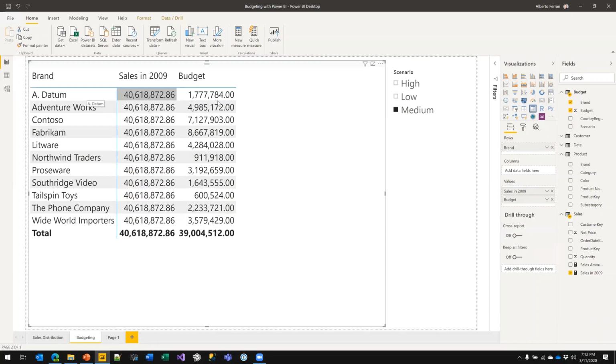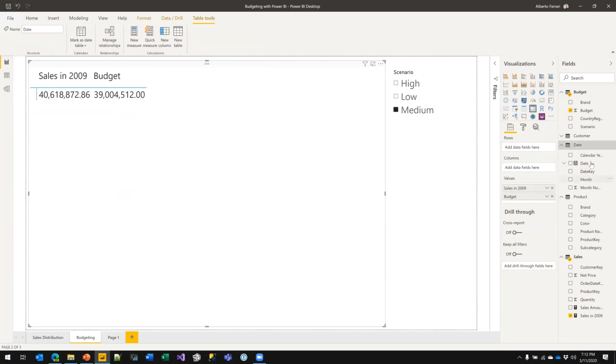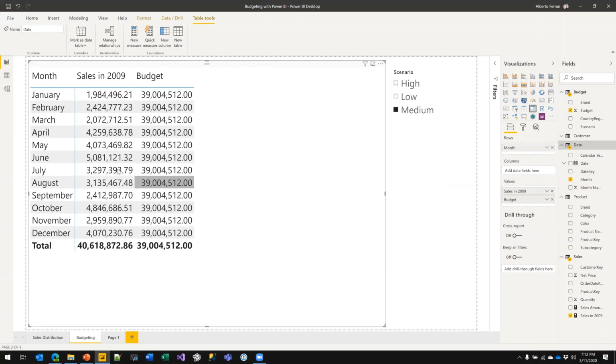Therefore, I need to choose where to make my mistake. So either it's sales, which is not filtered, or it's budget that is not filtered. Or I work in some way to fix the problem. The same scenario happens for the brand and for all the other columns. So for date, for example, I might want to slice by month name. Okay. January, February, March, this slices sales as expected, but it does not slice budget.